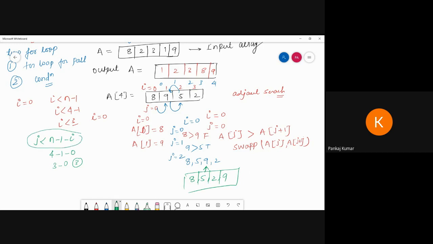In the for loop, I am going to write I equal to 0, I less than n minus 1, and I plus plus. Again inside the for loop, I am going to write j equal to 0, j less than n minus 1 minus I, and j plus plus. Okay.